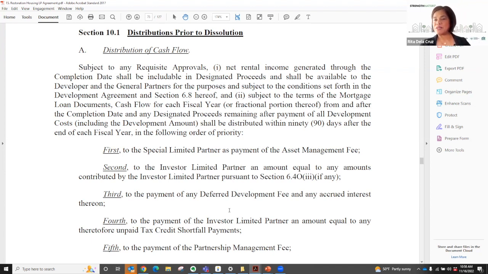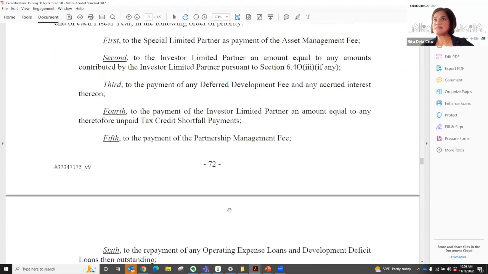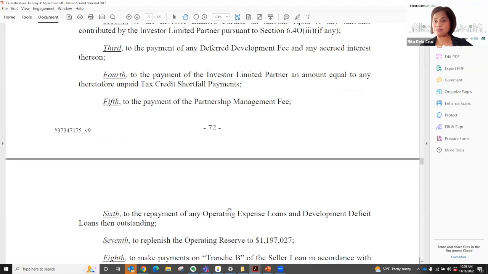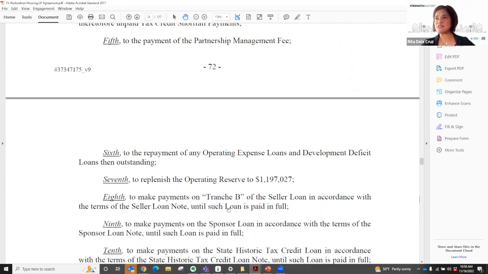Cumulative means you can accrue it and it's paid to the extent of surplus cash. So even if there's no surplus cash, you should still accrue. And for fees that are non-cumulative, you will only accrue it when there's surplus cash available to pay for that fee. And for Restoration Housing, I think we've determined last week when we were going through each of the priority distributions